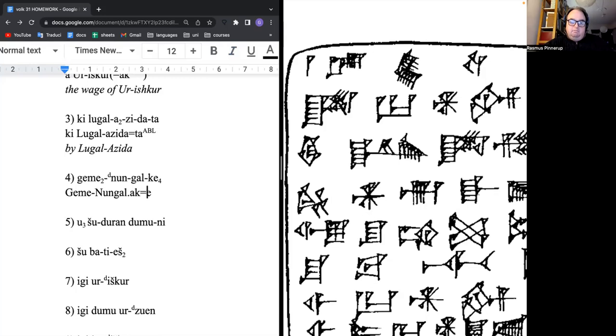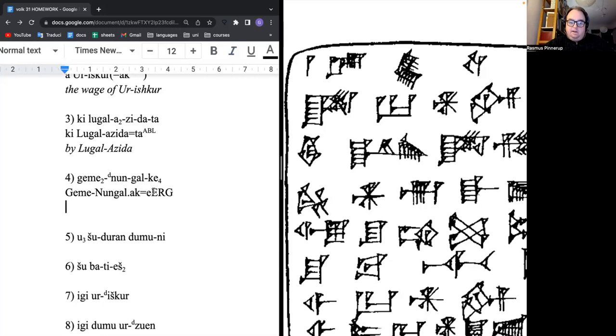So Gemenungal, if it means the servant of the great prince, then the name could be thought to have an ak incorporated into it, because the servant of the great prince is a genitive or possessive construction. It's interesting because Nun can occasionally be translated as princely, royal. So Gemenun could be the royal worker, and then you would have Gal, so the great royal worker. But since we have a genitive here, we know that it's probably not the great royal worker, and the Nun